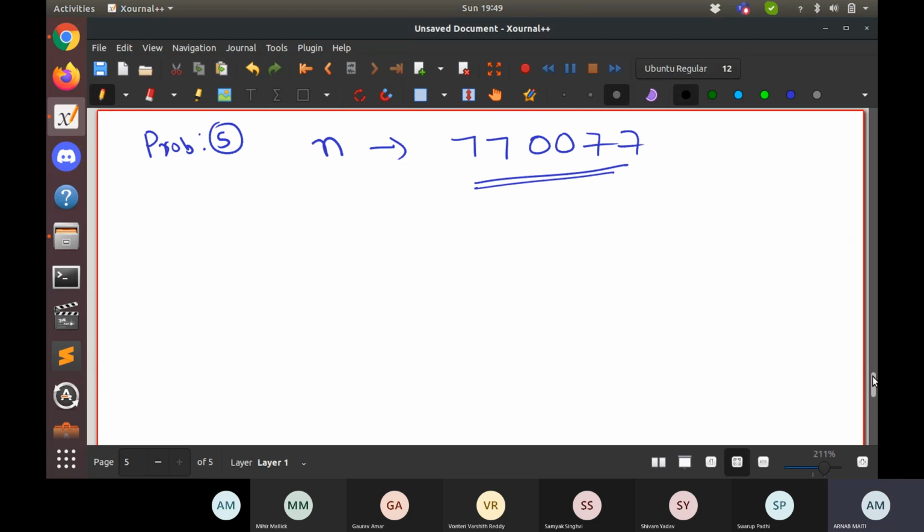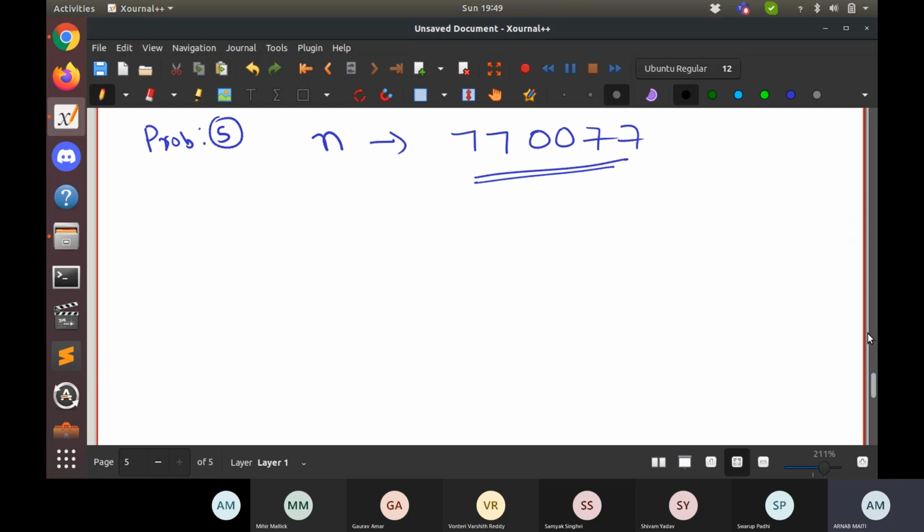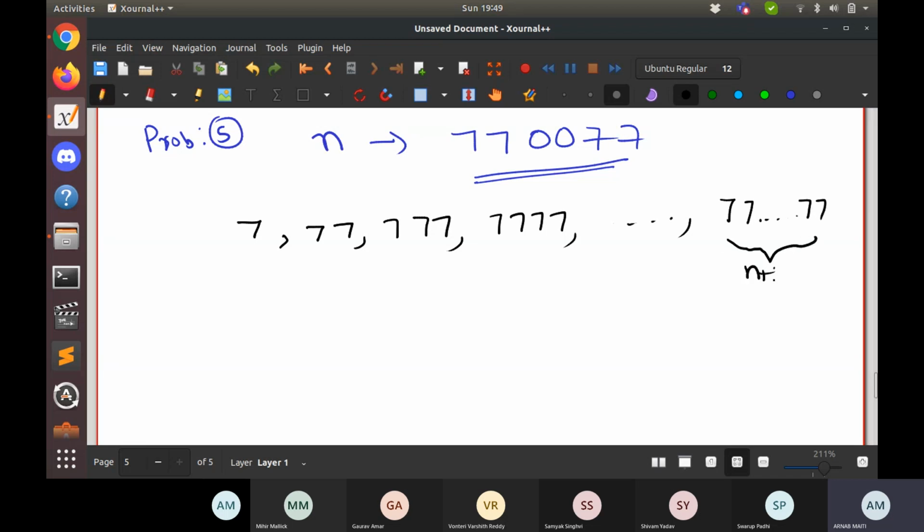I'll quickly take you through the proof. The problem is quite simple. You consider n plus 1 numbers of this type: 7, 77, 777, and so on, such that the last one has n plus 1 digits.